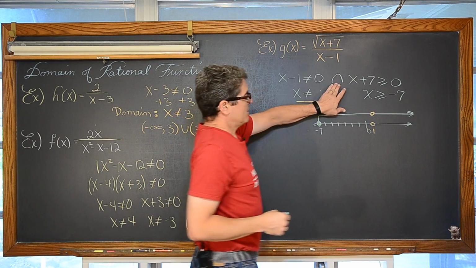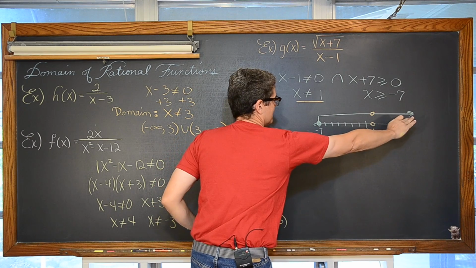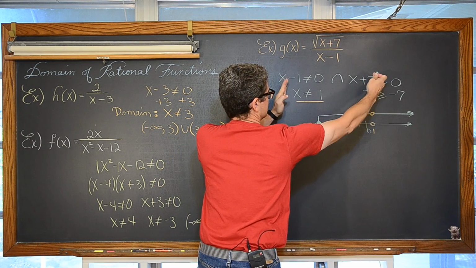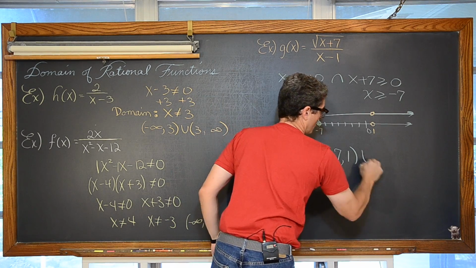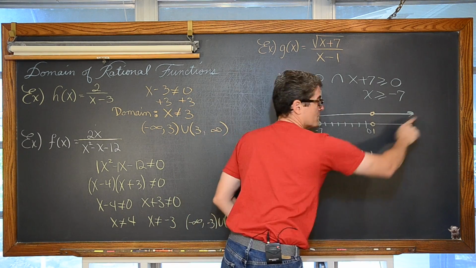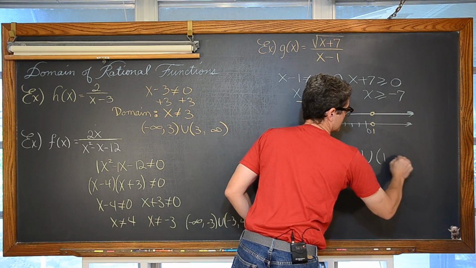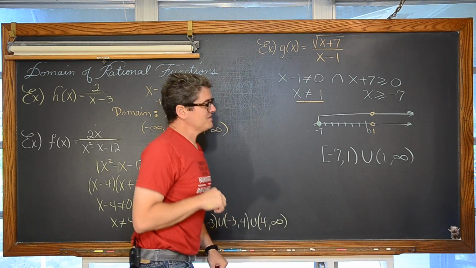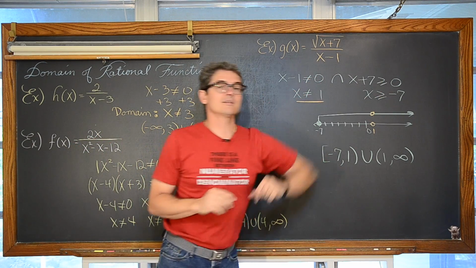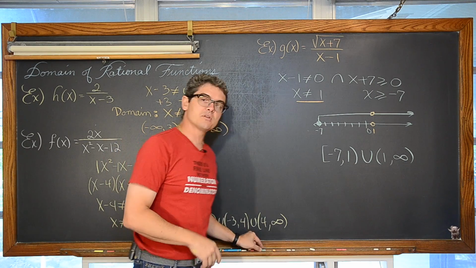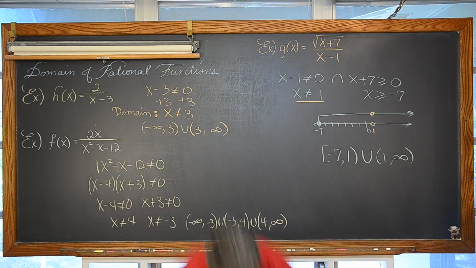So I'm going to shift my inequality to interval notation here and say that, okay, here's my shading that matches both of these conditions. So anything from negative 7 to 1, or, because there's stuff over here that works as well, once we get to the other side of 1 and go to infinity and beyond, we're going to have values that satisfy both of these conditions, and that is the end of our third example. I've got one more left right now.